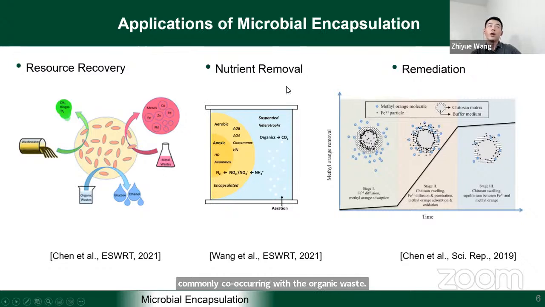And then as for nutrient removal, this is another review paper that we published during the pandemic. This is building on my previously mentioned ideas of slow growing biological nitrogen removal processes, such as anammox and other autotrophs, AOB, AOA, and comammox. So with encapsulation, we can retain them in a system and then achieve a single step nitrogen removal, so that